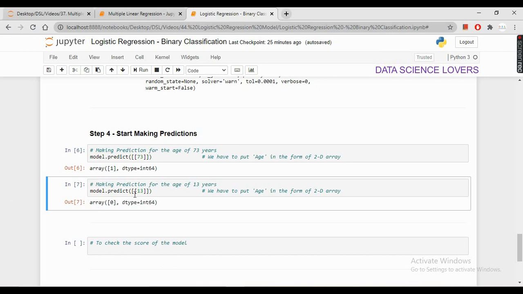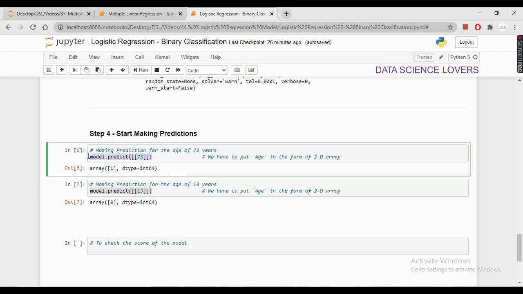However, it is not guaranteed here that the person will not buy the insurance, but most probably we can say that he will not buy. Here also it is not guaranteed that the person will buy the insurance, but most probably he will buy the insurance if the person's age is 73.